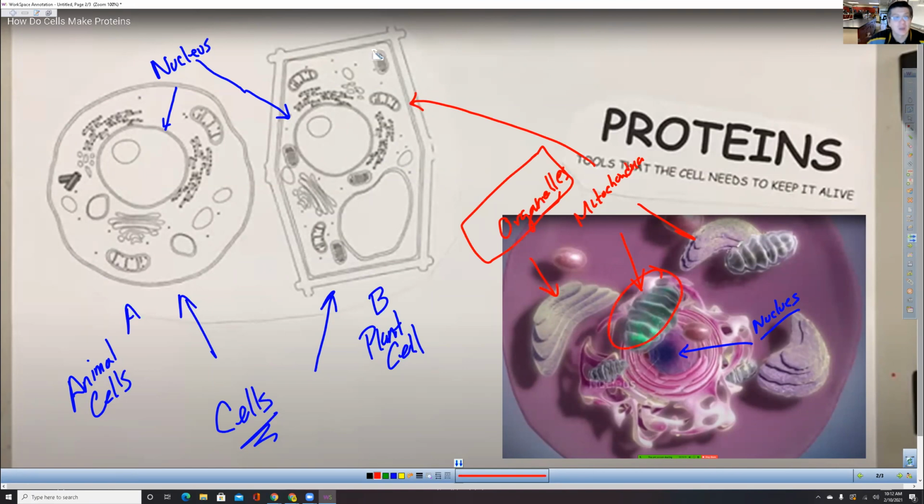Now, what did I say, what's the most important part though? With respect to the video, what did I say about the proteins? Why are they important? To keep the cell alive. Okay, good. So the proteins, make sure you have that in your notes. Let's make sure we highlight that. They do keep the cell alive.